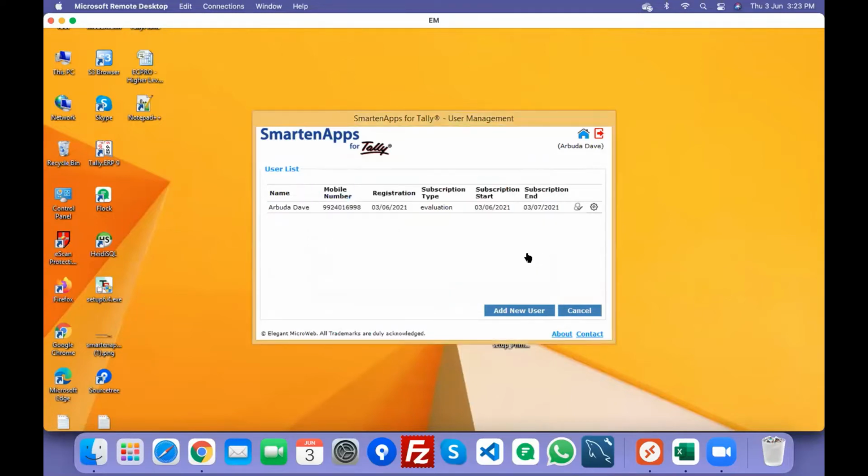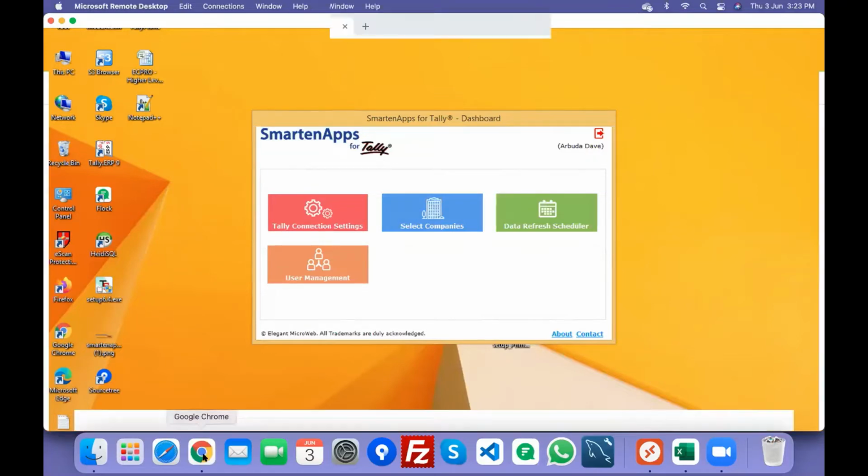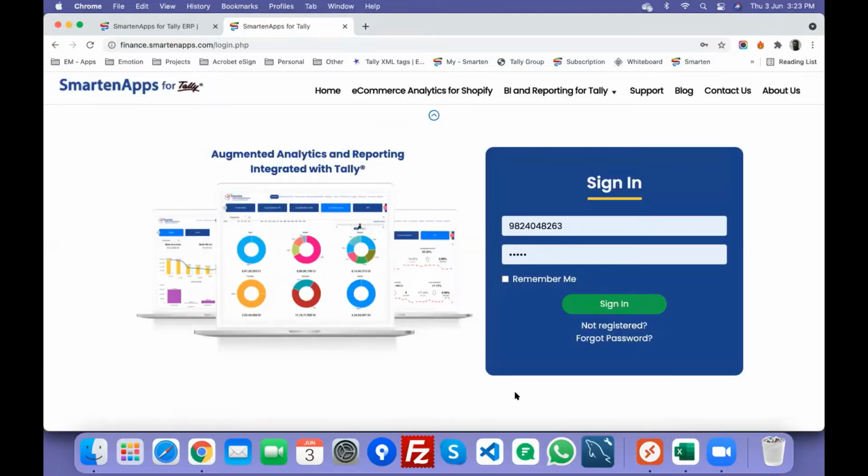To add an additional user, you can simply click on add new user and add an additional user to the company. Now we are not extracting everything in this session, but as soon as you complete the extraction, you will be able to access the data from your web as well as from your mobile app.